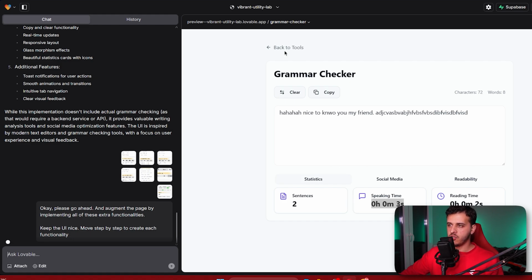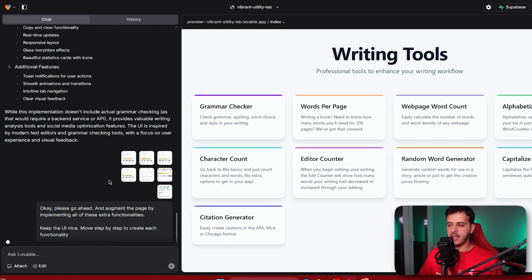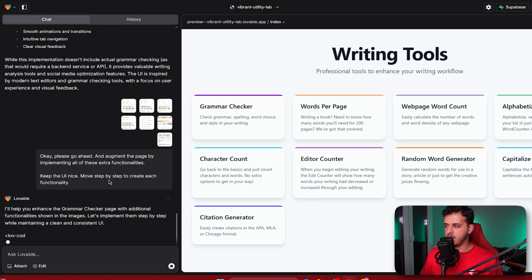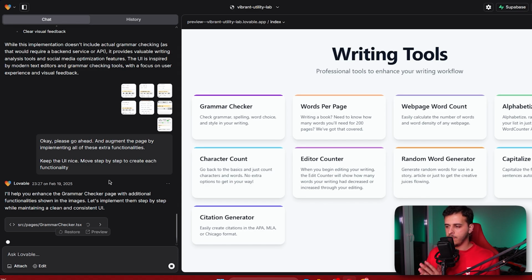But as a first check, Lovable seems to do quite a nice job for simple things, and this is very exciting. We just implemented like 9 simple tools, writing tools that can help writers improve their work, do checks, and have a better sense of being in limits for specific things. Again, it's not something never seen before, nothing extraordinarily amazing, but still it does what we want it to do, and it gives it in a very nice, good-looking package, everything working, nothing breaking,